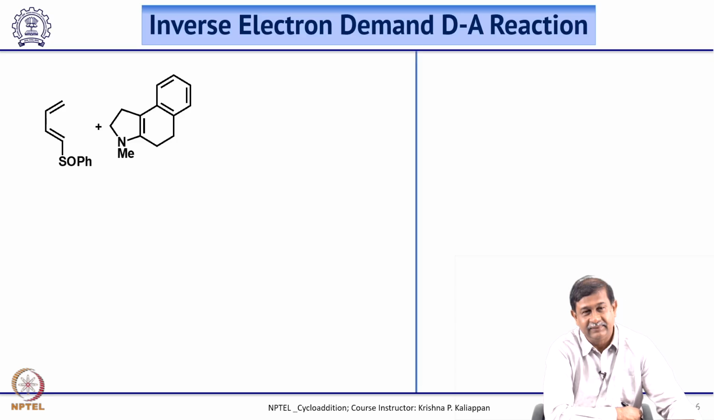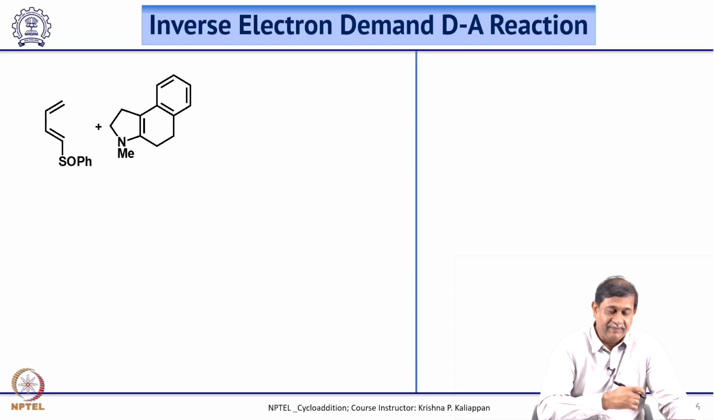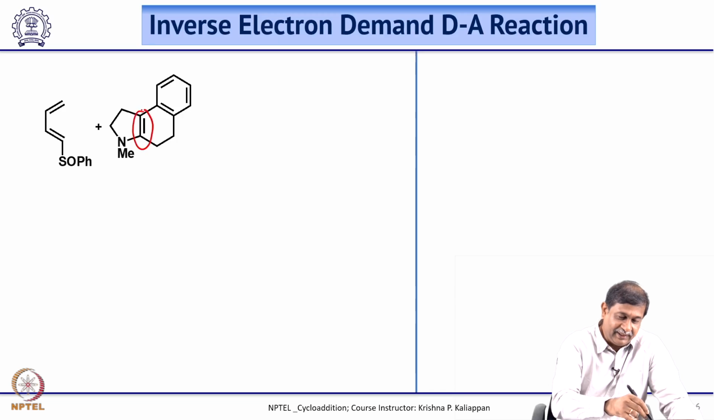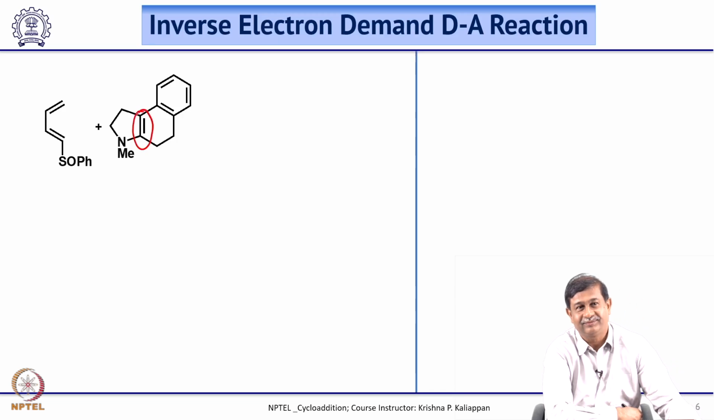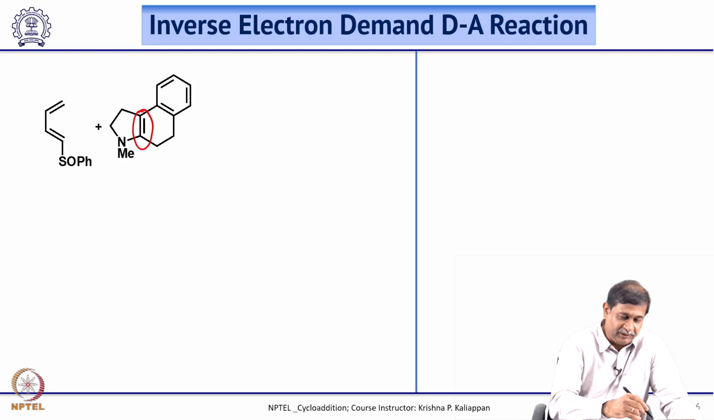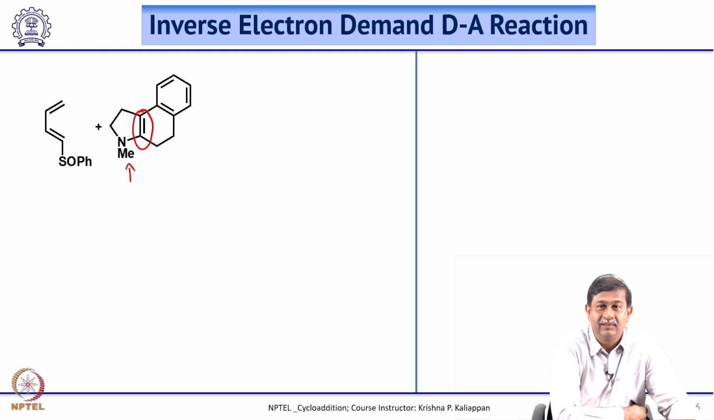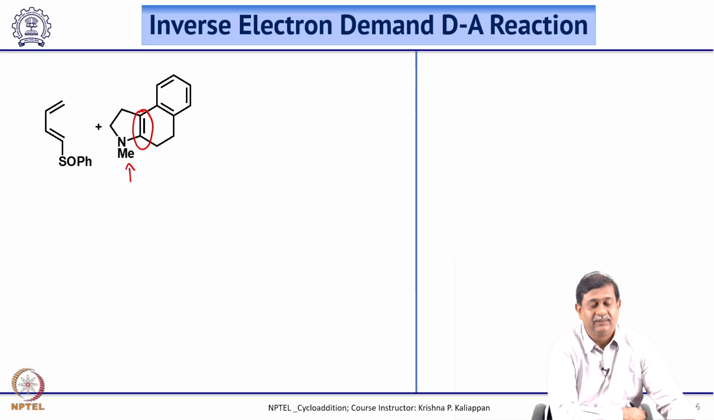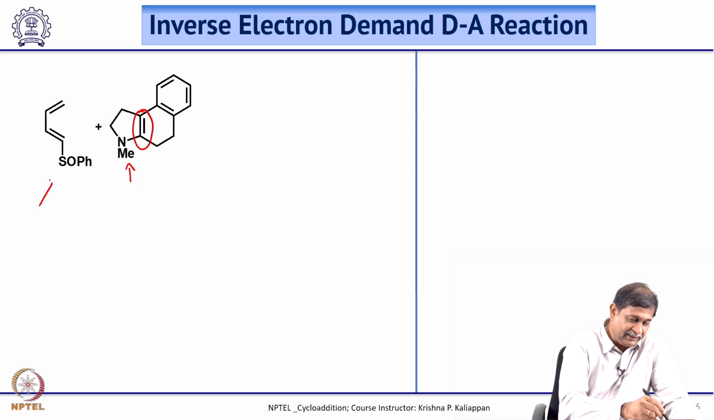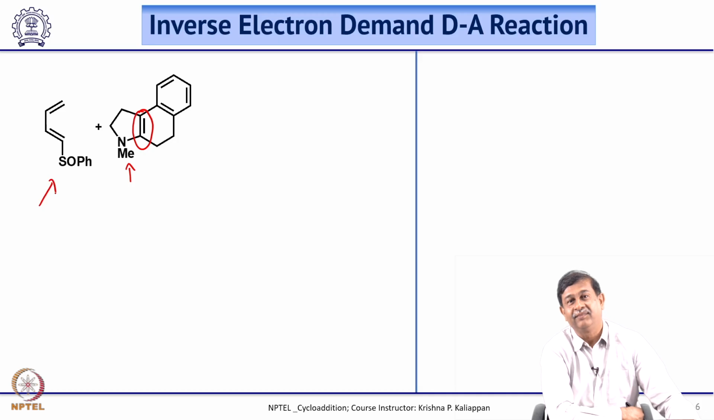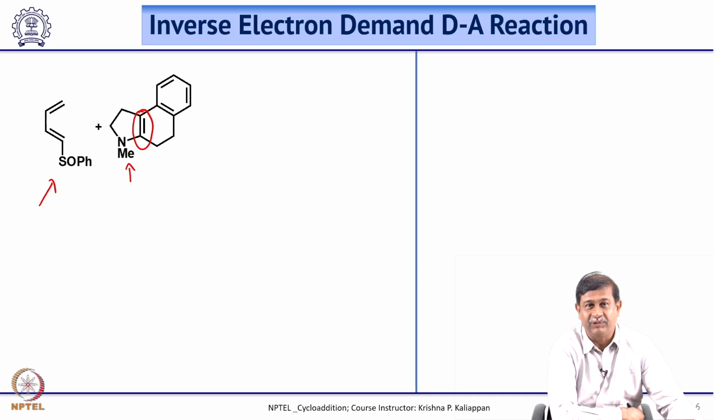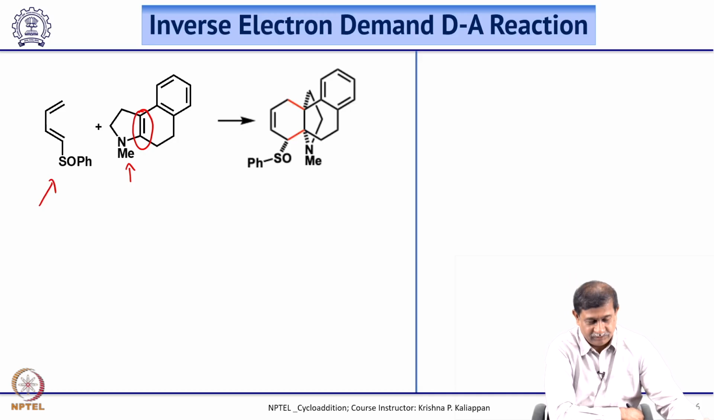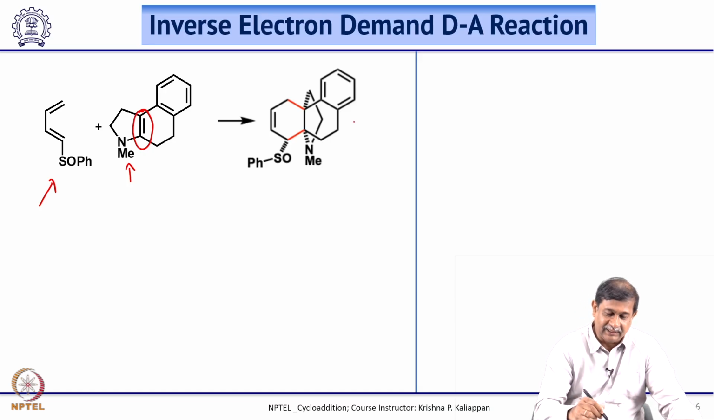This is a very interesting example where the dienophile is tetrasubstituted. The dienophile is tetrasubstituted with electron donating group, that is a tertiary amine which is attached to the vinyl group, whereas the diene has an electron withdrawing phenyl sulfoxide attached at carbon number 1. So, this can undergo this inverse electron demand Diels-Alder reaction to give this tetracyclic compound. So, this is a tetracyclic compound,